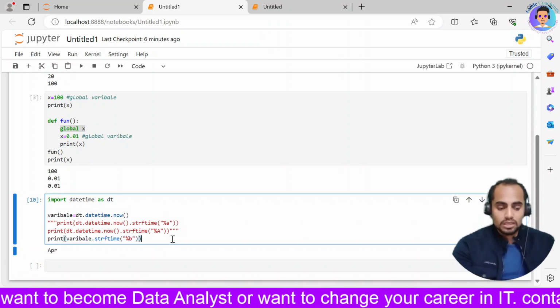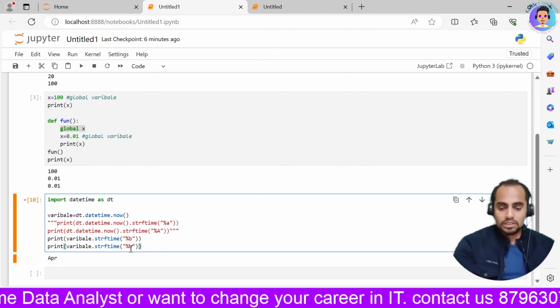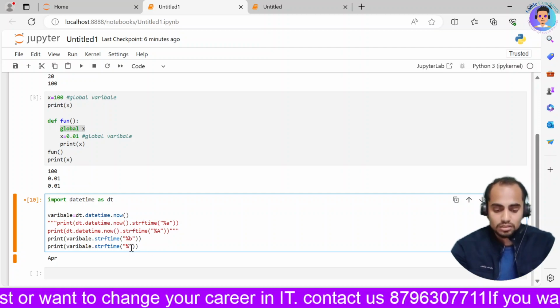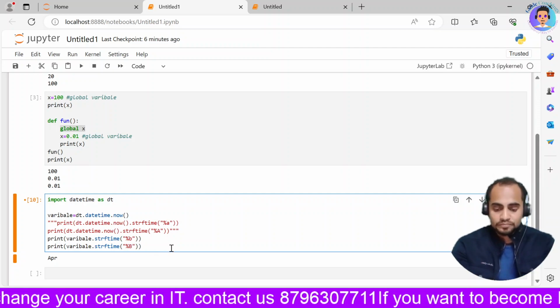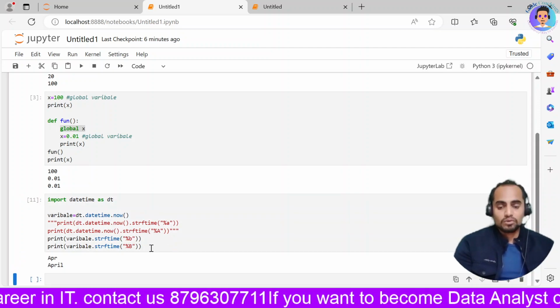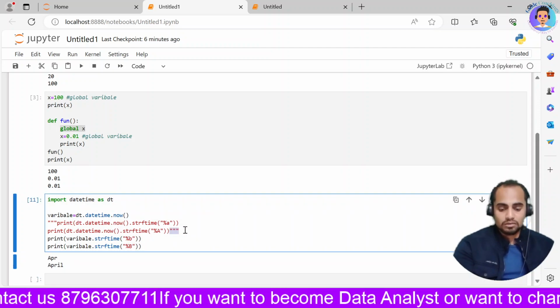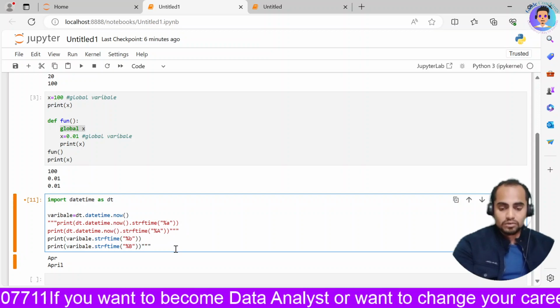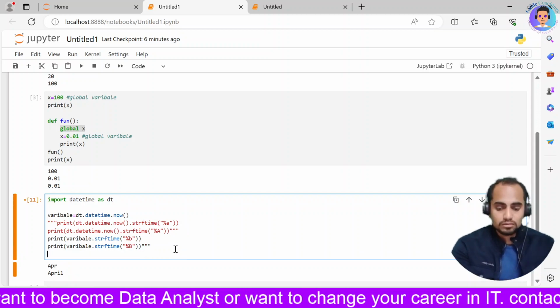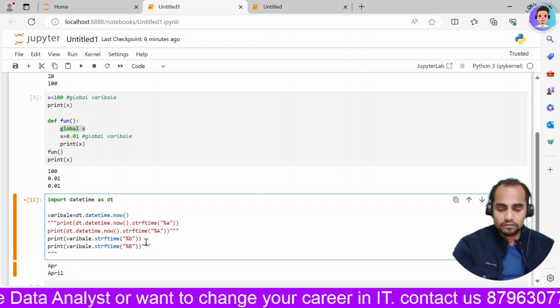I'll copy this and I'll hit enter, and then I'll paste it again, and then if I change this small b to capital B and execute, it will give me the full name of the month. Okay, now we will check it for